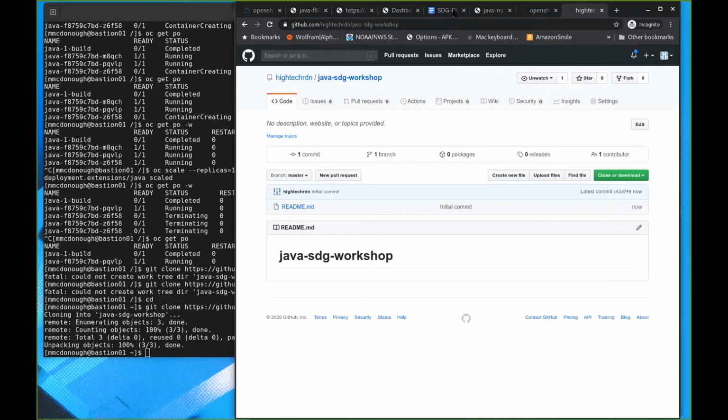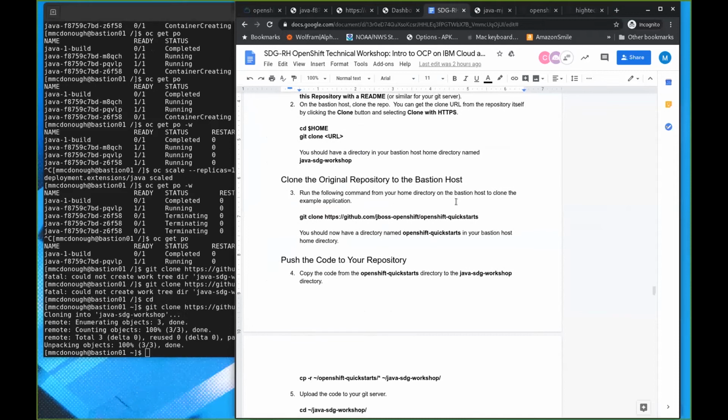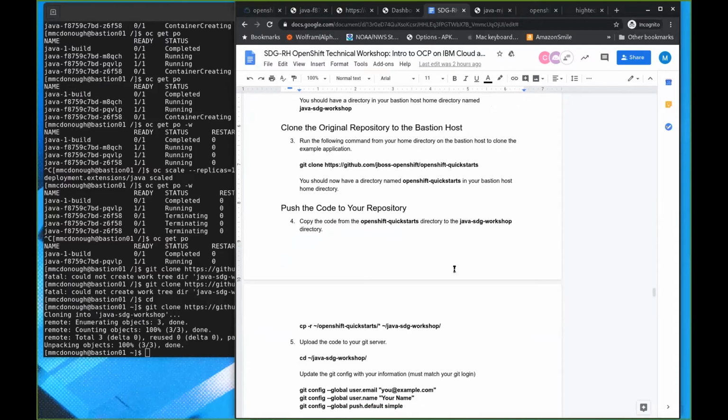Now it's really empty at this point. There's only just a README file, so we need to put some code in that. What we're going to do is use this OpenShift quick start code, just to save us from having to type out or develop our application. But really, this is the step where if you're an application developer, you would go off and write your Java code. In our case, we're just going to use some sample code and push it in there. So what we can do is, I've already cloned this OpenShift quick starts repo,